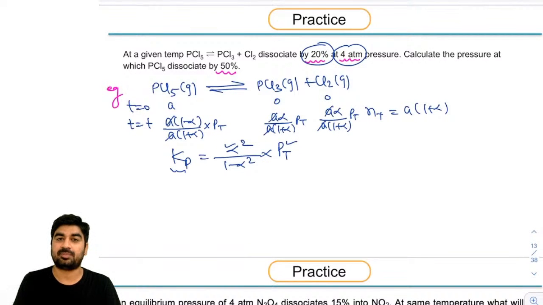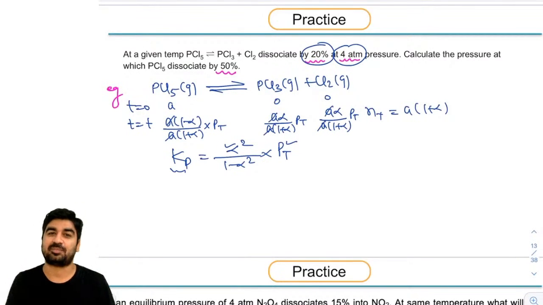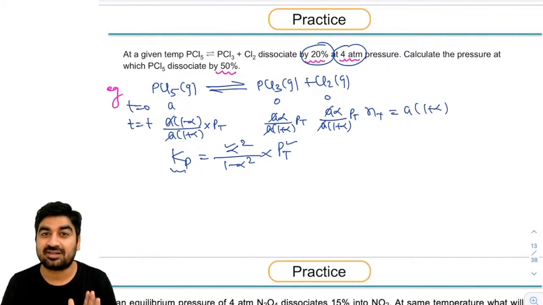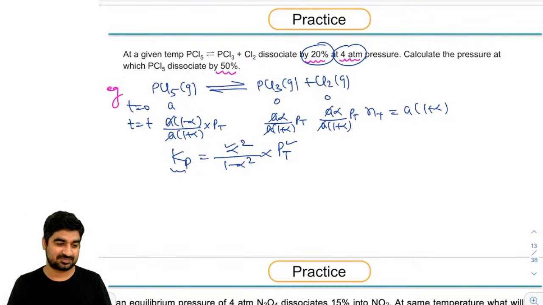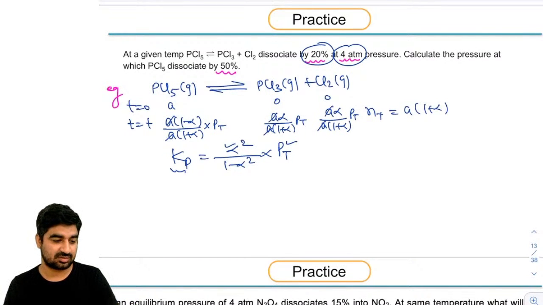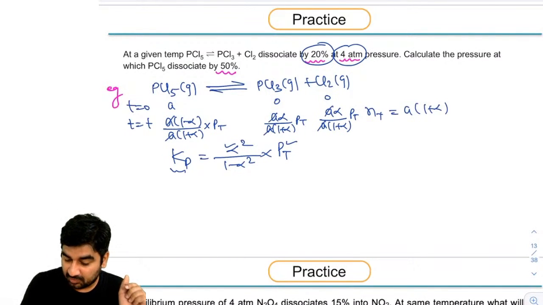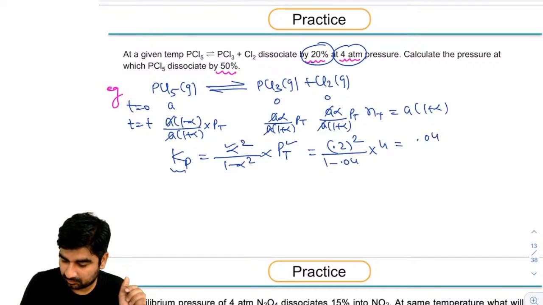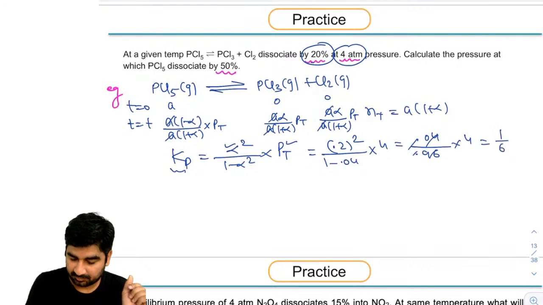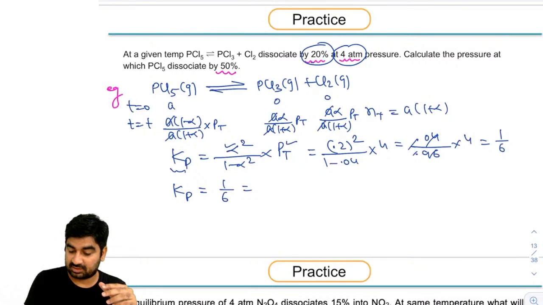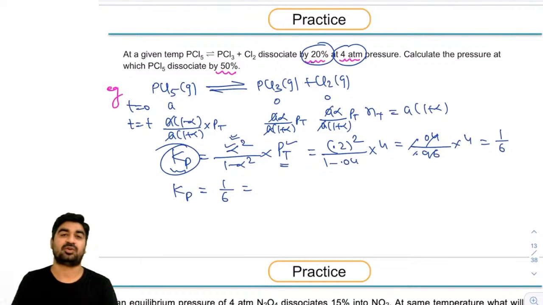So you can determine the Kp, and now you are not changing the temperature. And if you are not changing the temperature, it means Kp is not going to change here. Kp is not going to change. And if Kp is not going to change, first determine the Kp, just put the alpha 0.2. Kp is 1 by 6. Now what you are doing, P total is changing, as a